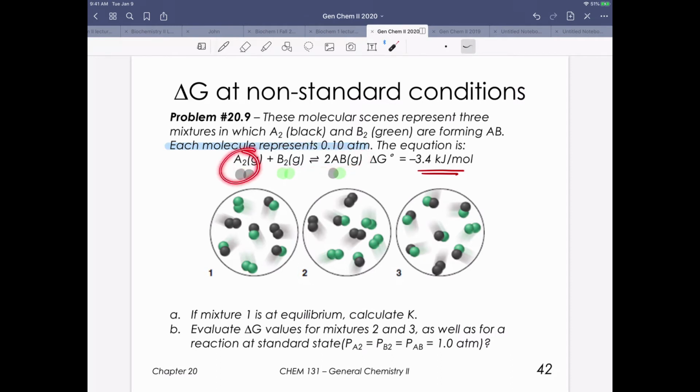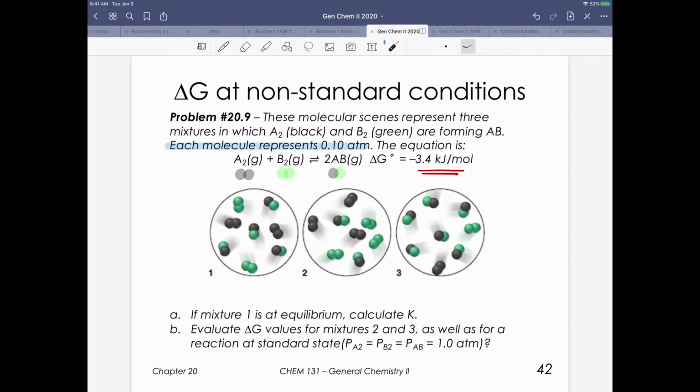We've got A2, which is represented by these two black spheres, this diatomic gas, and B2, which is this green diatomic gas. These two molecules react to make two molecules of AB, which is represented by, again, a green and a black sphere together. They tell us that this is a spontaneous process, so delta G equals minus 3.4 kilojoules per mole. So the first problem asks us if the mixture that they show us in 1 is at equilibrium,